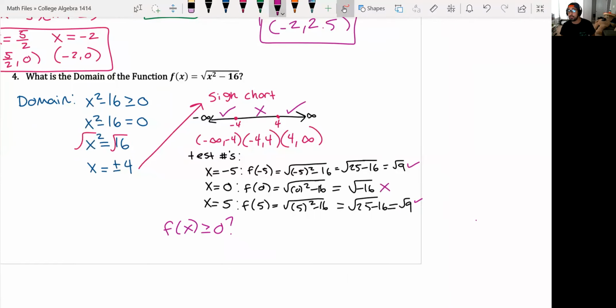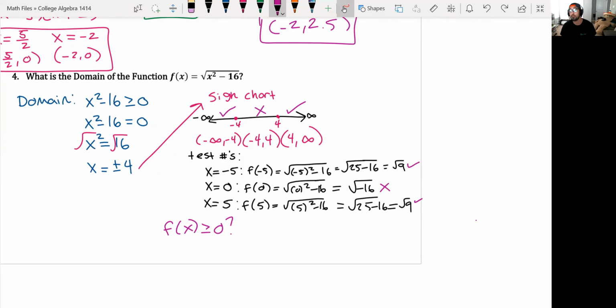And once again, this means where are we above the x-axis and where are we on the x-axis? Well, if these y values are positive that we got from plugging in the test numbers, this means if you're positive, you are above the x-axis,